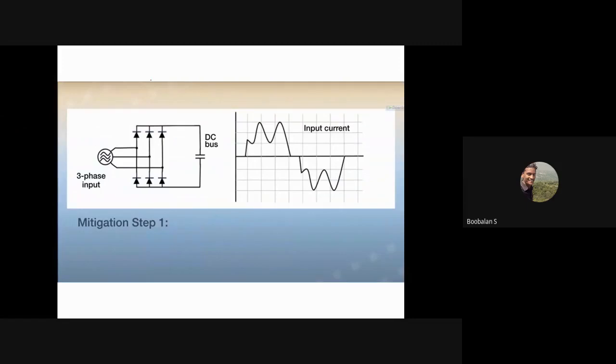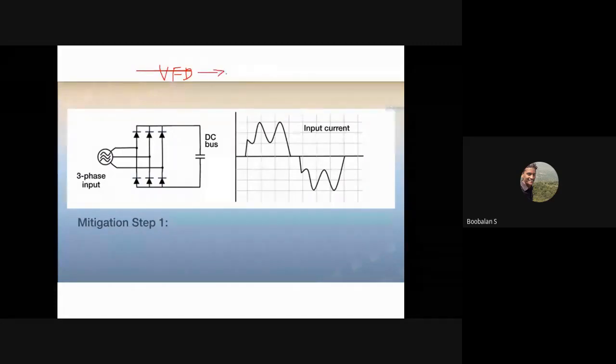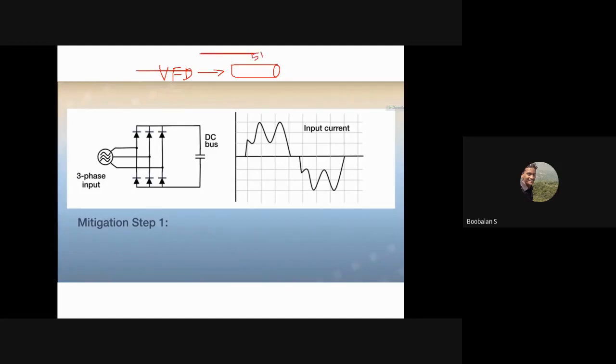For example, we have a VFD, variable frequency drive, to adjust the speed of your induction motor in industry. For motors above 5 HP, we could definitely use a variable frequency drive. We have already discussed this in our Powertronics laboratory. Let us consider a three-phase AC motor. The three-phase input AC power supply is straight away converted into a DC power supply with the help of switching devices. Again, we convert it into AC with a different frequency. This is how the induction motor is controlled with the help of a VFD.